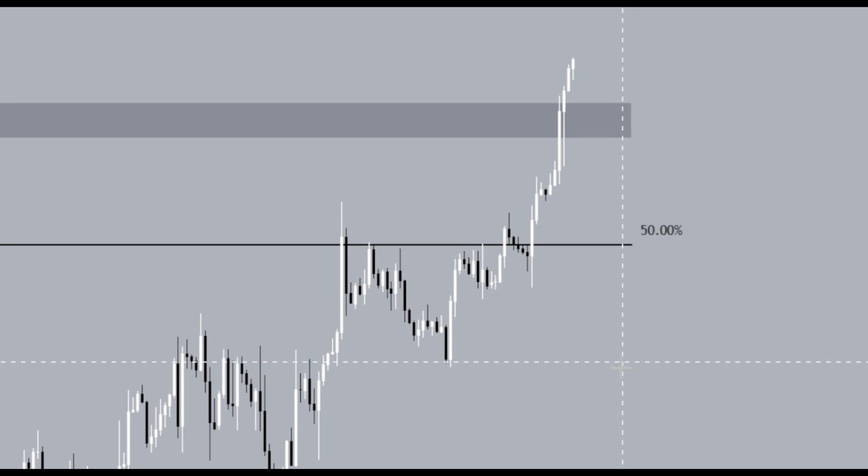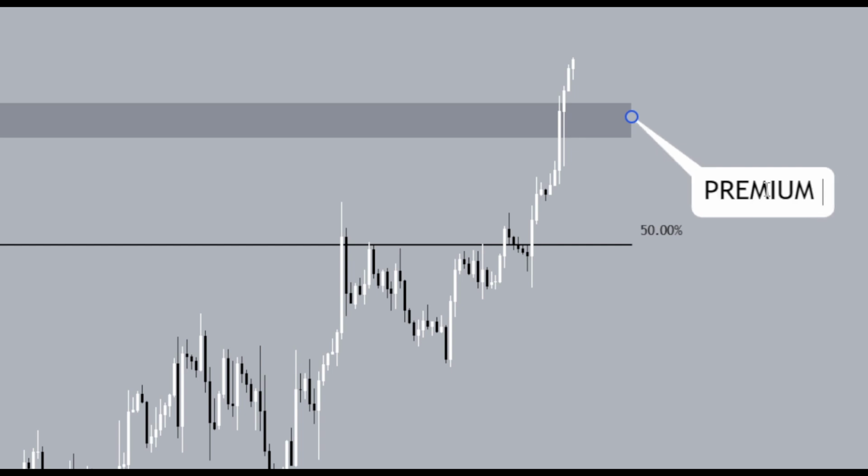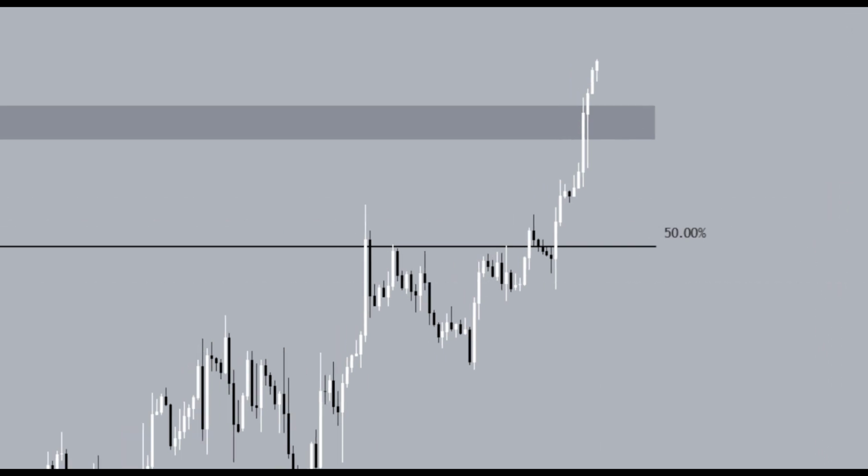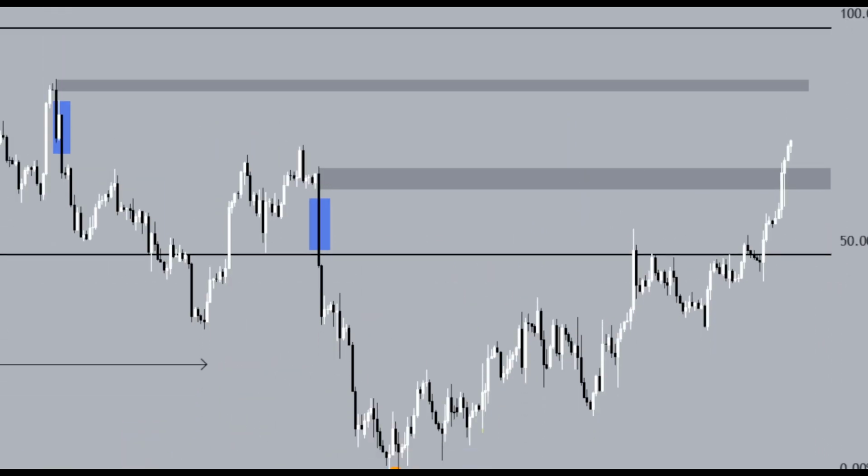So our job simply as ICT traders is to target premium fair value gaps in this case, because we're buying, right? If we were selling, we'd be targeting discounted fair value gaps, but we want to buy from discount to premium, targeting areas of inefficiency, right? So this is essentially how the trade was built, right, from the higher time frames, understanding what the bias and